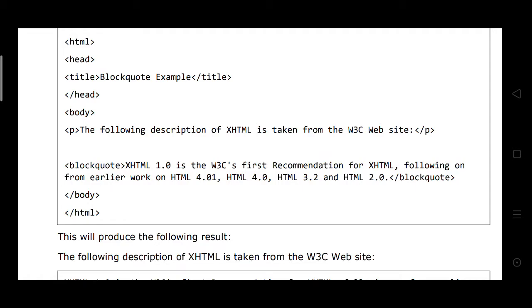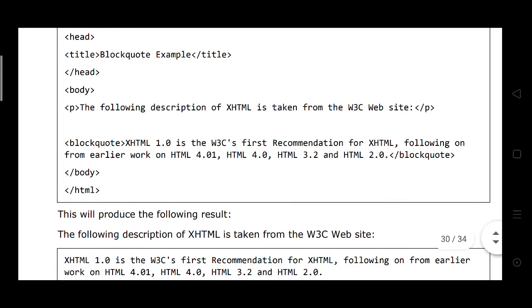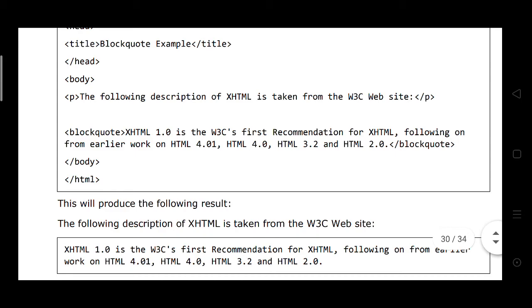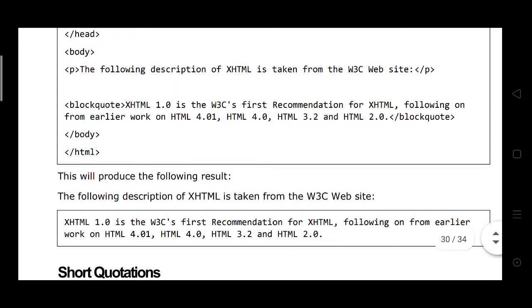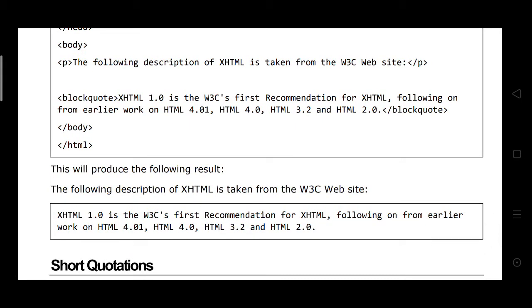You may write it as here, anything here, then close the blockquote and close the body and HTML. The procedure gives the following result: the following description of HTML is taken from the W3C website.